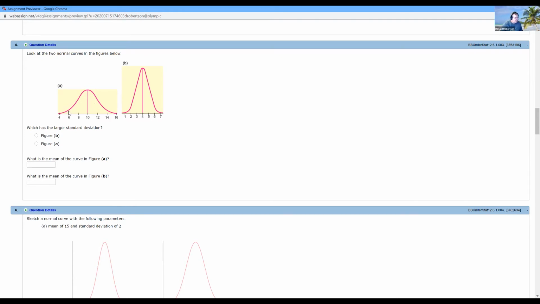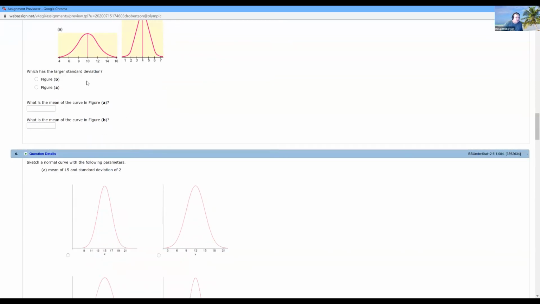So if you put a little square paper and you did the height, and you know how you can do that little grid paper and you count the little boxes, you would find that the area of every normal distribution is always going to be 1. Okay. And that's turned into 100%. Human beings like 100%. Isn't it better than 0.12? It's better to say 12%. You get a better feel for it.